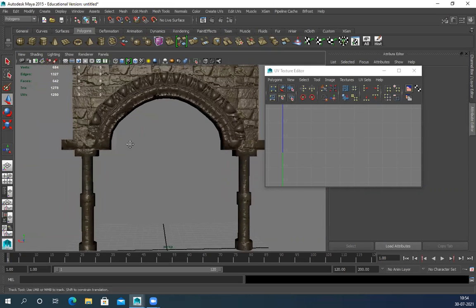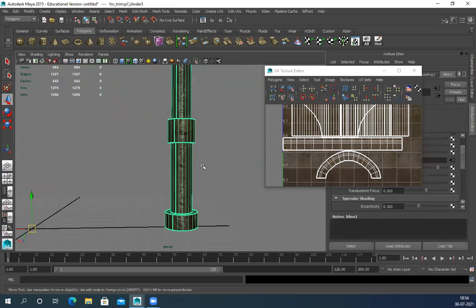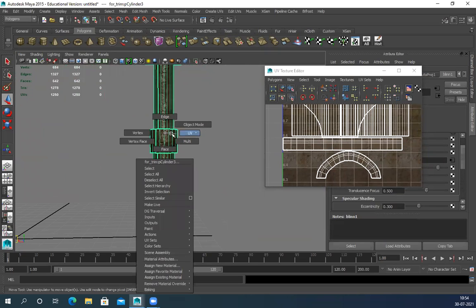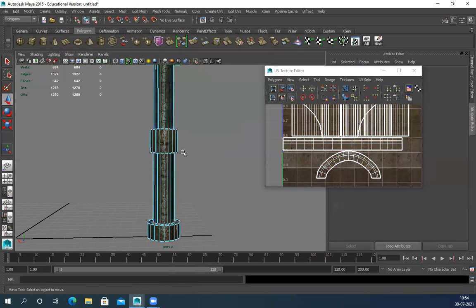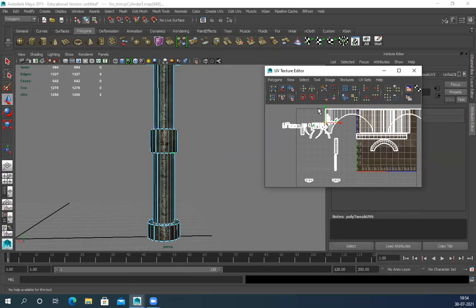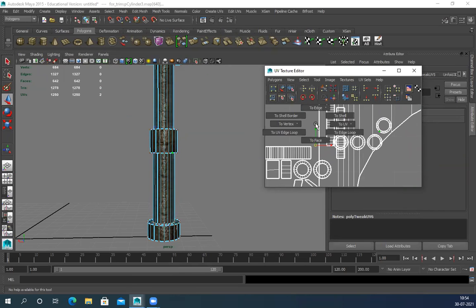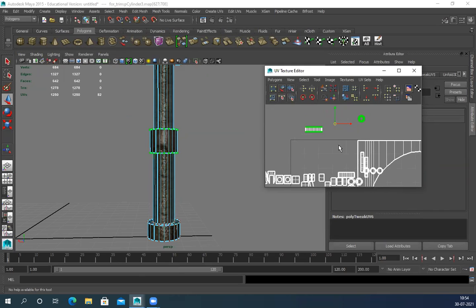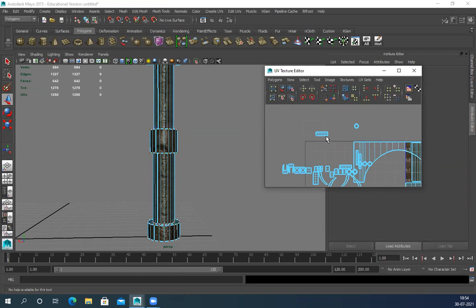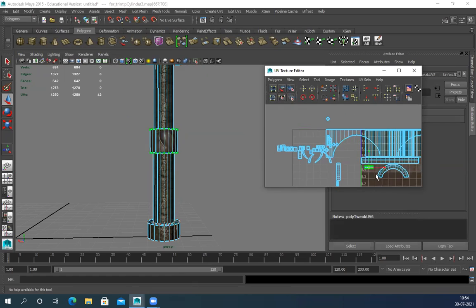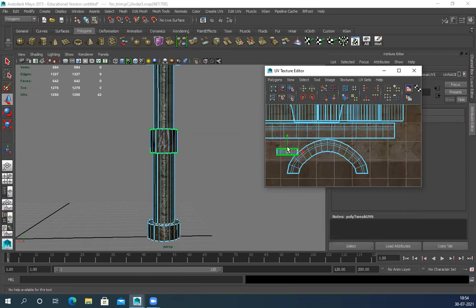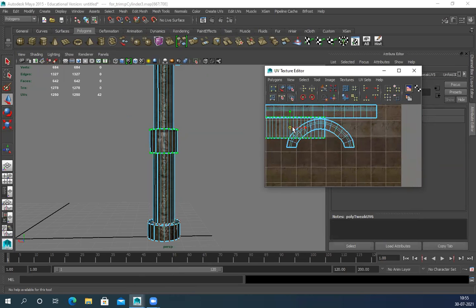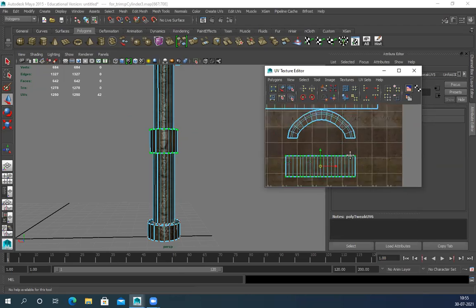Similarly, the sides, all these things. Let's suppose this one, I want to add some design here. UV, let's see, where is the UV? Shell, only this part. Or maybe I want to use this design.